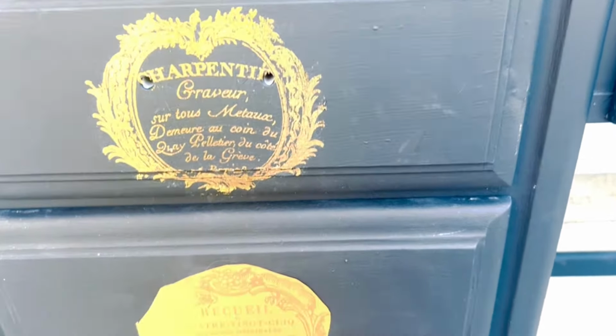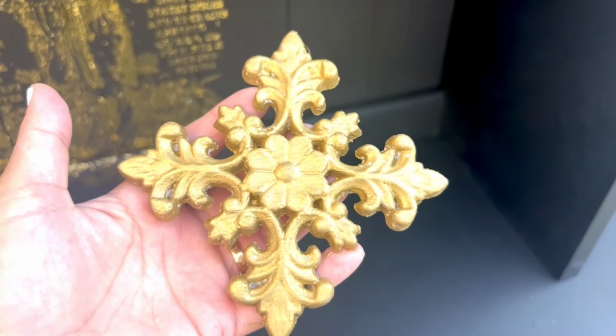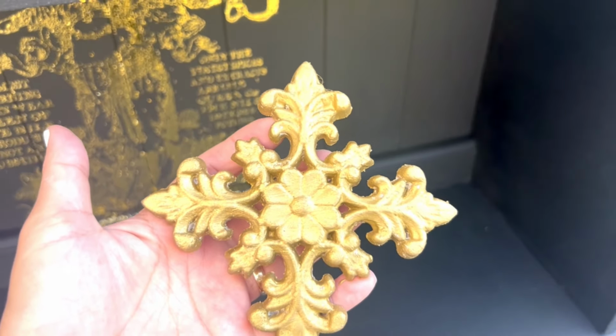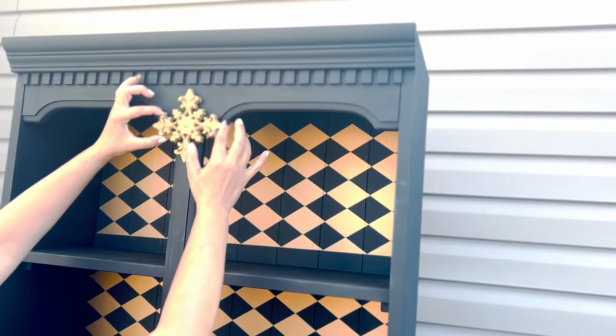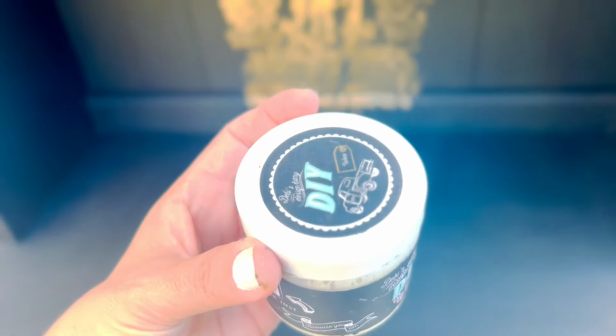Another detail that I will be adding is this beautiful wood cutout from Dollar Tree. I just removed the beads and painted in a golden finish, and I am adding this part on the top part of my furniture, and it looks so cohesive and beautiful, and it looks like originally this furniture was made